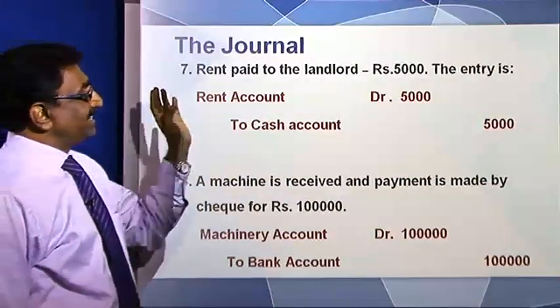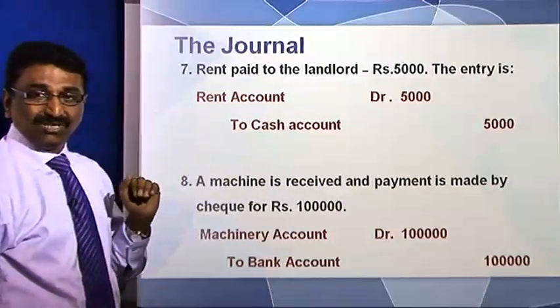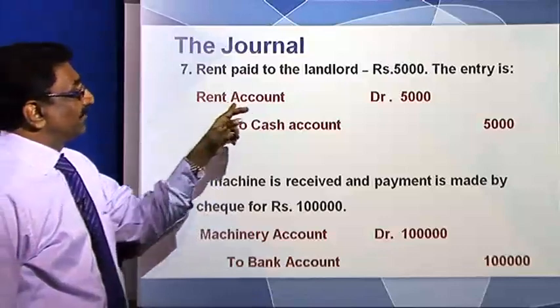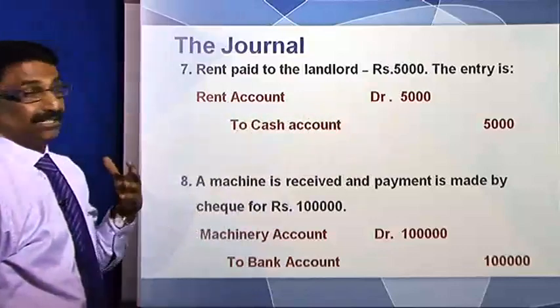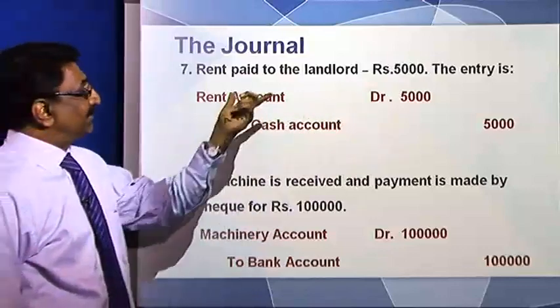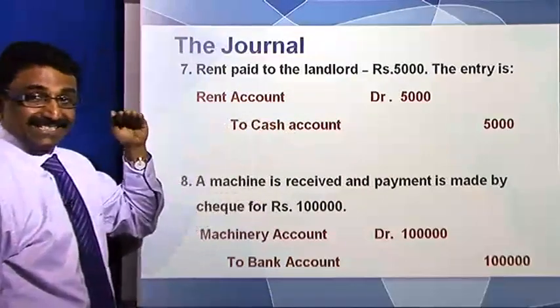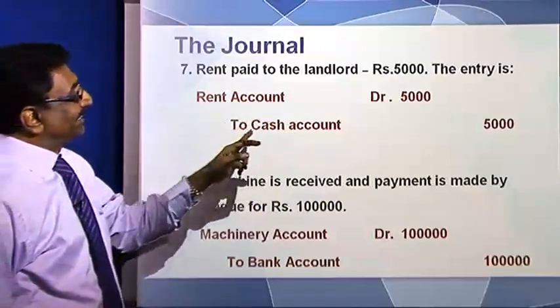Rent paid. Now rent is an expense account. So when expense increases, you will have to debit the expense account. What have you used to pay the rent? Cash. So cash is an asset account. It has decreased. So you